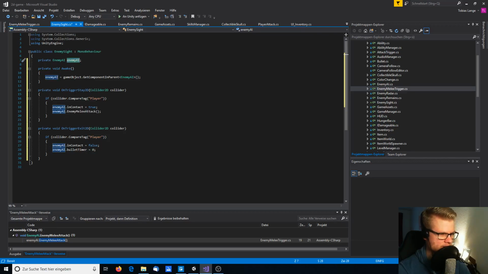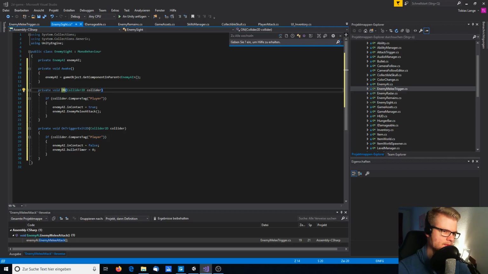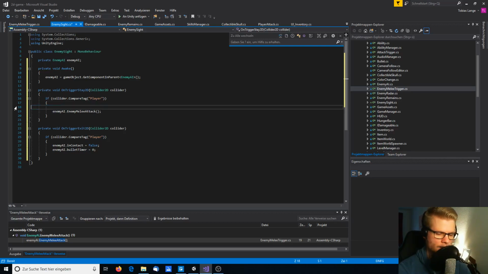And then on trigger enter, I want to use on trigger enter, or I could use on trigger stay. Well, wait a second. I could also use on trigger stay, so I will leave it out like that. So and then I'm gonna say enemy AI,